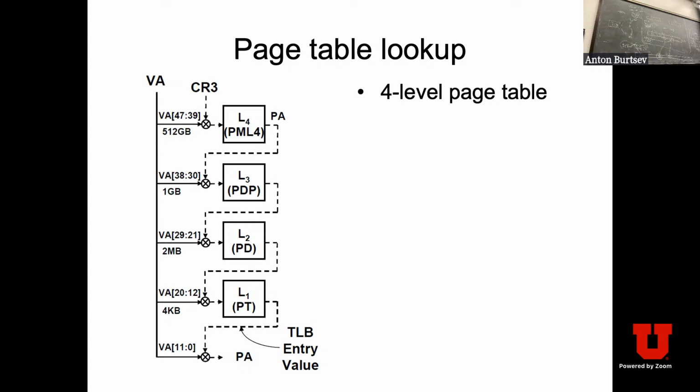If you're just reading from virtual to physical, you will first read the entry in level 4, PML4, then it will lead you to PML3, then to the page directory, level 2, and this one will lead you to the page table, right? So it's 4 memory accesses. Each one is 250 cycles. So this is 1,000 cycles, right? Agree with that? If the TLB is completely clear, and none of those cache lines are cached,